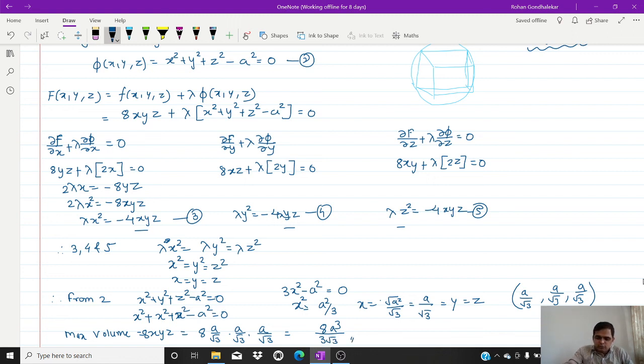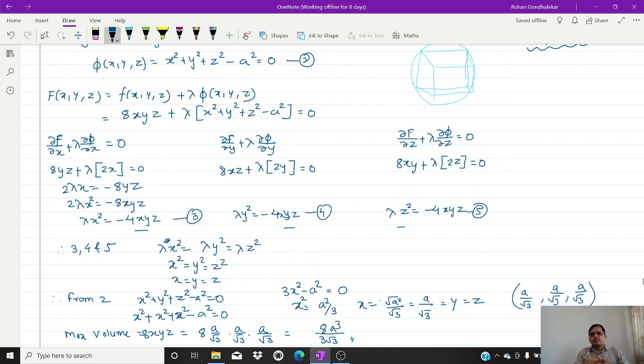So now you have already observed that I'm not interested in calculating the maximum value. I'm interested in this problem for the stationary values. Okay. So this is the advantage of the Lagrange's multiplier method. It provides you only the stationary values. Deciding whether you have a maxima or a minima is purely based on the physical consideration.